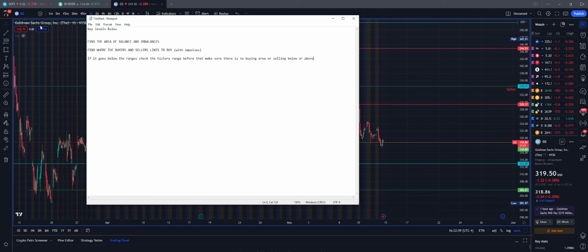Buying is going to be below, selling is going to be above, right? And then, if it wants to break the support or the resistance where there is a significant buyer or seller, we need a big consolidation,